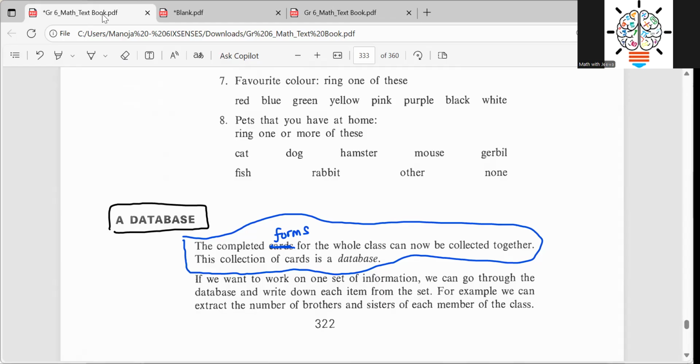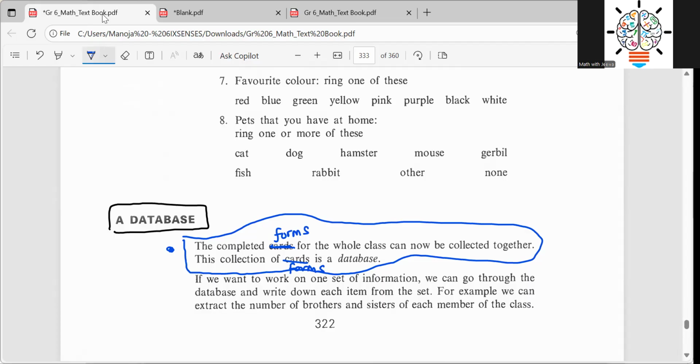But here I'm talking about the information database, this collection of cards or forms that we keep as a database. So you write the next subtopic, a database, and under that you can write the first point in blue color, the completed forms for the whole class